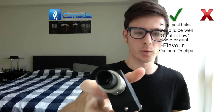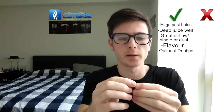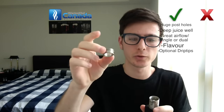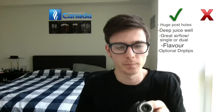You can switch it out for this one if you want. It's not as wide, but it's Delrin, so it doesn't get hot. And then the third option is what I didn't realize at first. So this is the drip tip that it comes with. You can take out that wide bore and screw this base in. So once that's screwed in, you have that huge bore there, and you can take the third option and slide